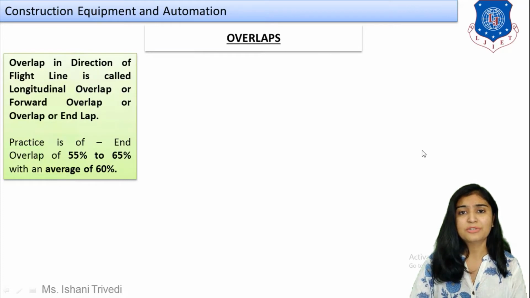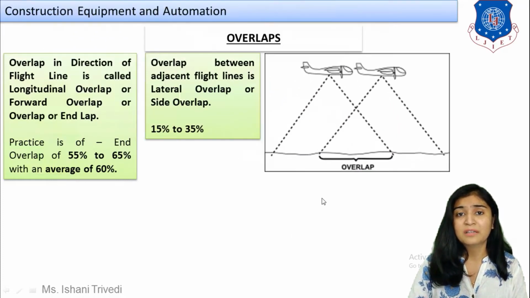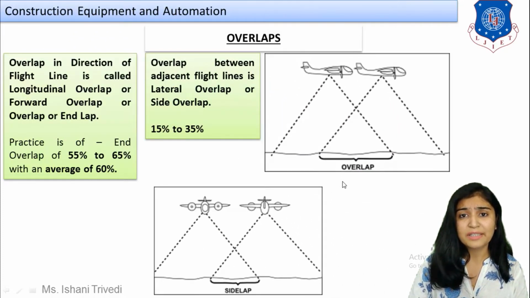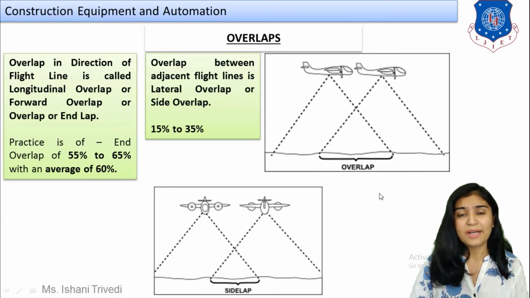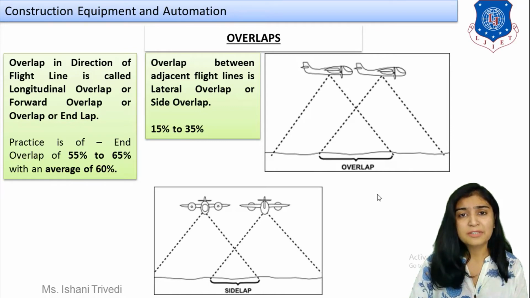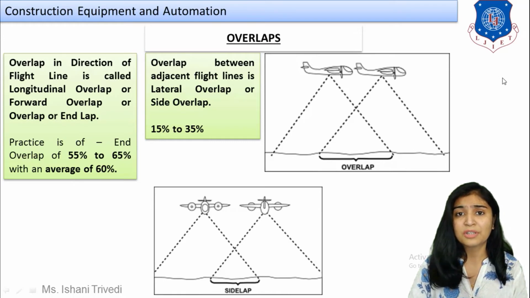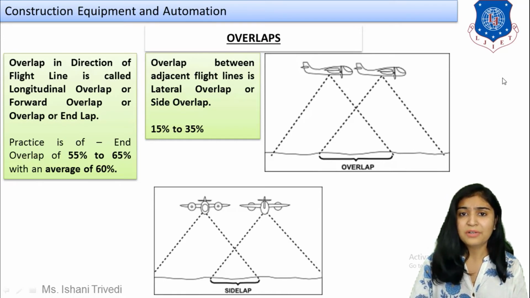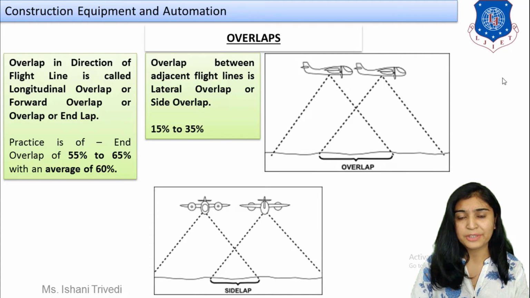Now, next we are going to talk about an important topic, the concept of overlap. Now, I think you know what is the meaning of overlap, students. Something which merges with another, right? Something which merges on one another. It overlaps each other, that is known as overlap. So, how are we going to deal with overlapping of the photographs when you are carrying out aerial photogrammetry? This can happen with drones also, it can happen with aircraft also.